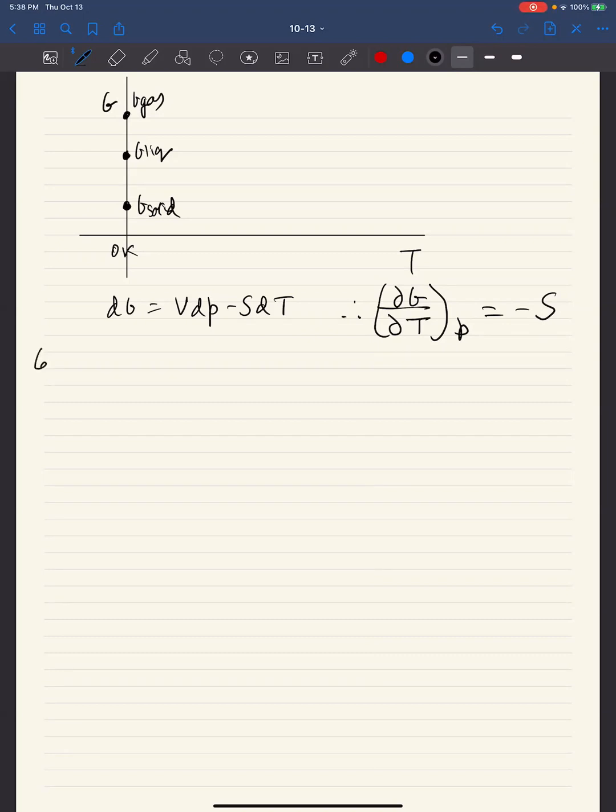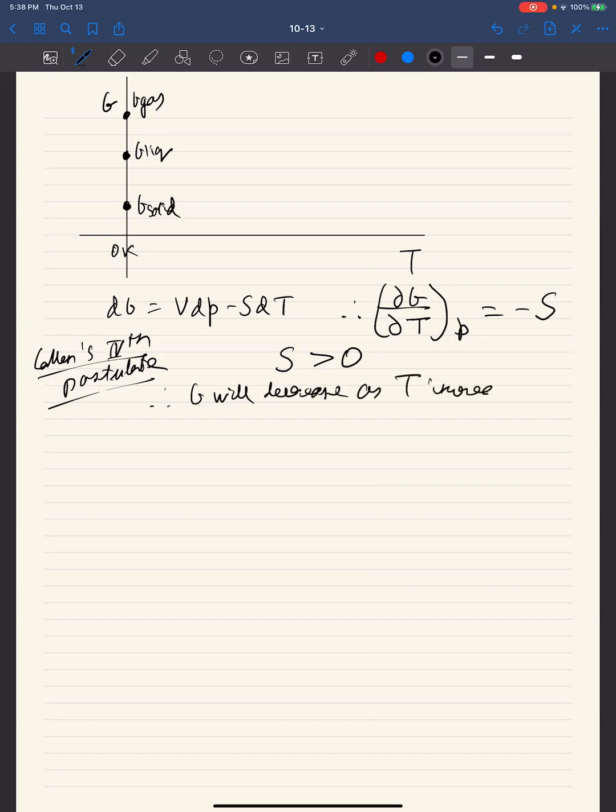This is the only time we are going to use Callen's fourth postulate, which we have not used otherwise, which says that entropy goes to 0 at 0 Kelvin, and otherwise it's always positive. So entropy is more than 0. This is related to the third law of thermodynamics. We have set a value to the entropy. So if entropy is always positive, this means that G will decrease as T increases for solid,